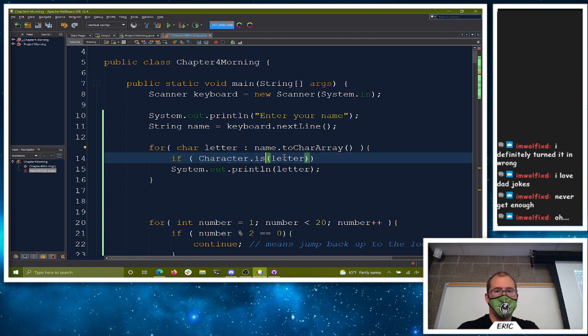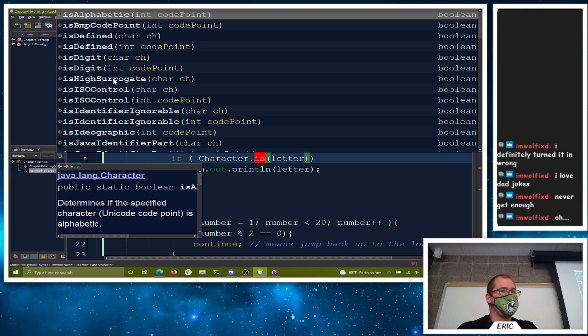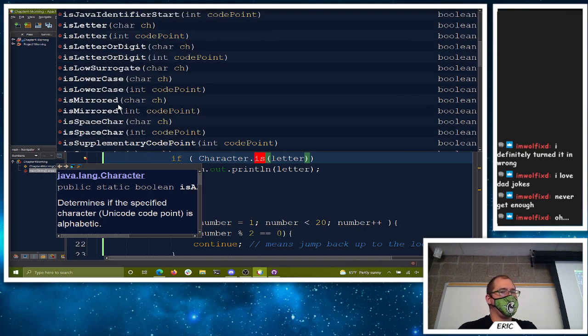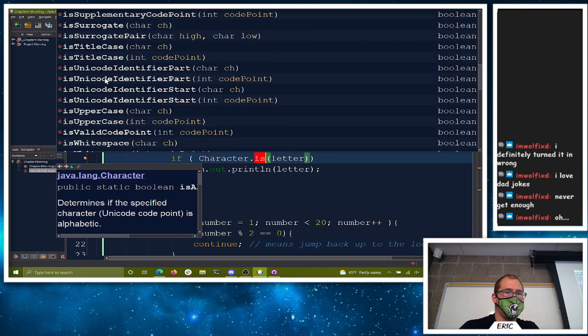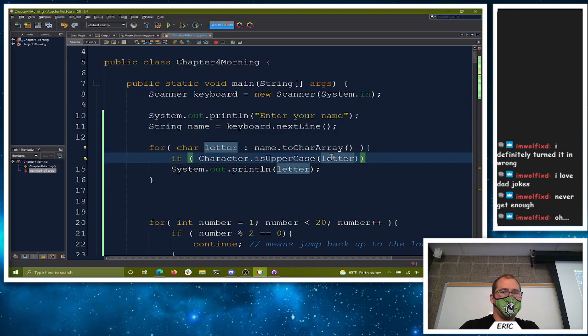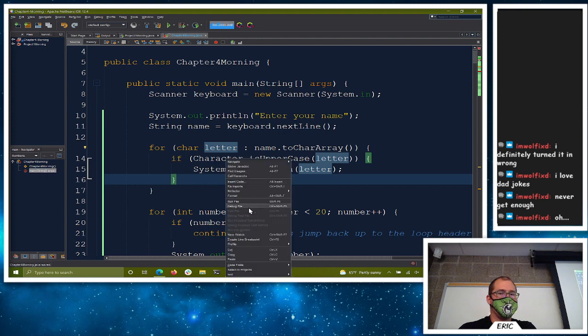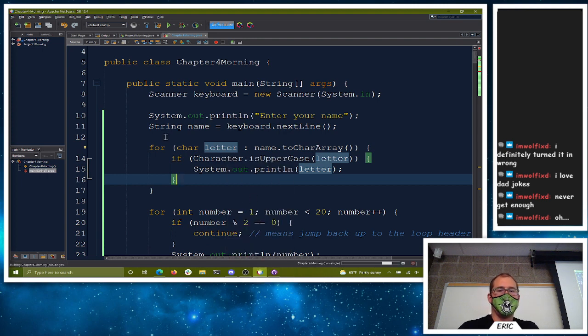You can say, like, isDigit, isAlphabetic, isLetter, isUpperCase, isLowerCase. I don't actually know what mirrored means. Is it a space? Sure, you got lots of cool options here. So we're going to check if it's uppercase, then let's print out the letter. Just for a fun little check here. So whatever name they type in, if they give us an uppercase letter, we should print it out. Take a look.